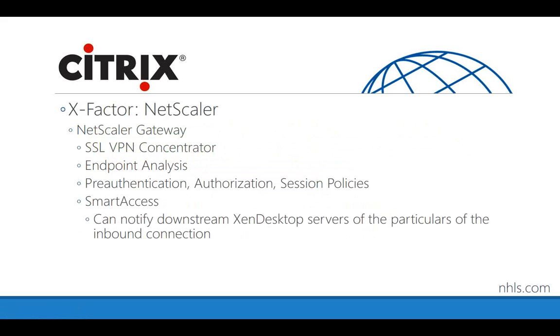So through offering things such as the ICA proxy function, as we call it, or even going all the way in, if a certain user wants to come in via VPN, the NetScaler Gateway can offer an SSL VPN endpoint, if you will.